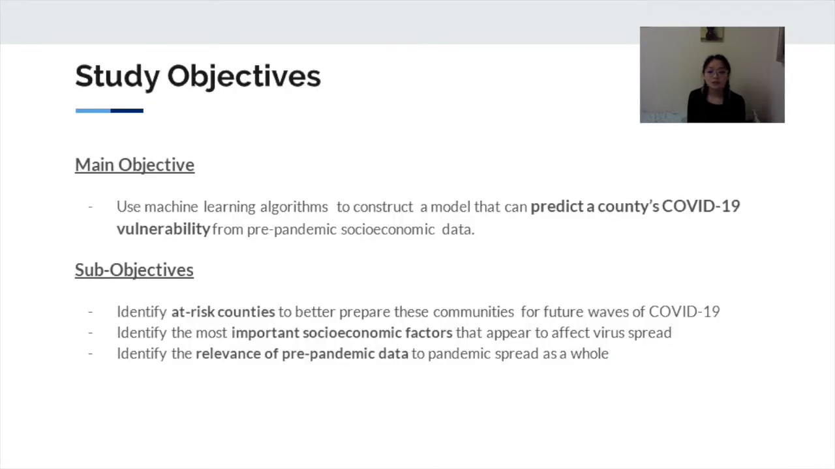So our main objective is to use machine learning algorithms to construct a model that can predict a county's COVID-19 vulnerability from pre-pandemic socioeconomic data. Through this model, we hope to both identify counties that are at risk and understand which socioeconomic factors affect pandemic